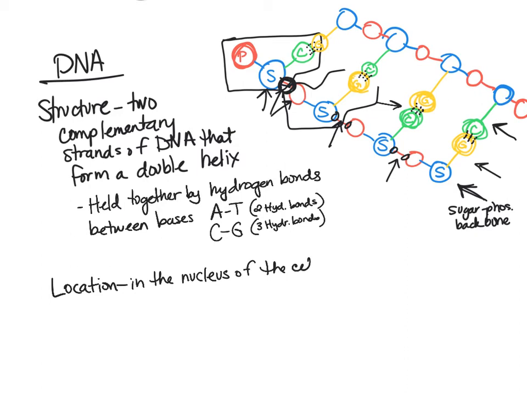And we're going to take a closer look at DNA and how it works and what we use it for, as well as where it's located in future units. So for now, our location of DNA is in the nucleus of the cell. And the function of DNA, and we've already talked about the function of DNA and RNA as storing information, but again, it holds or stores information